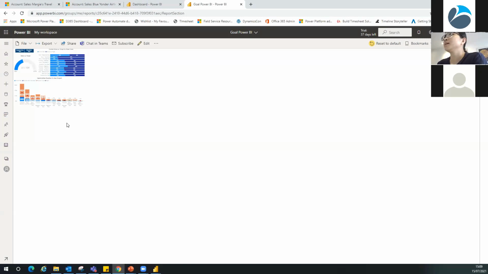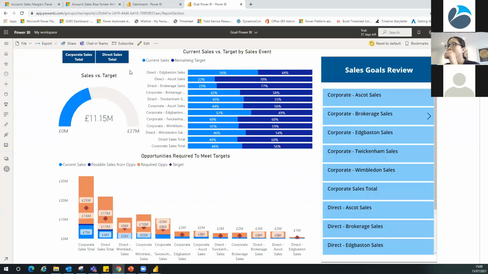I'd like to show you this one. This is the goal report that I created for this demo company. The sales versus targets for 2 teams, the sales targets by the event, and the sales targets for the team as well.